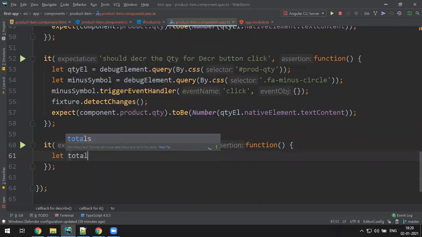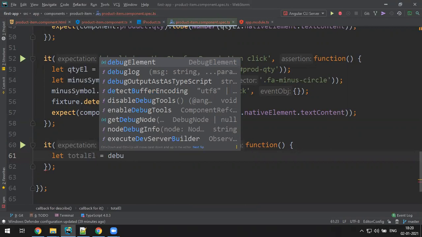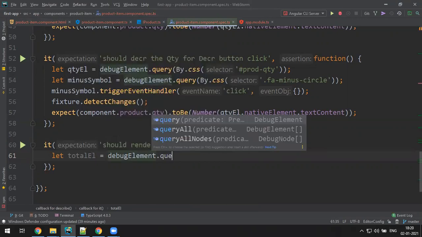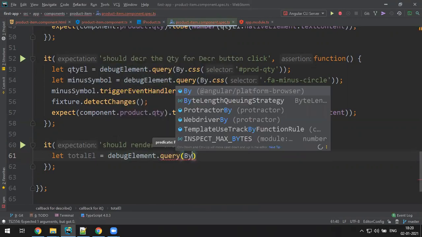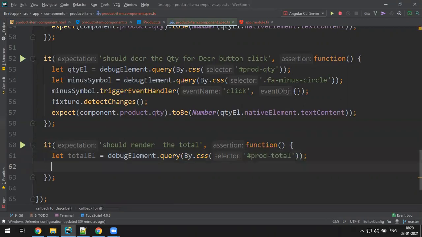Let total elements equal debug element dot query, by dot css. I need to provide here the ID, this one, prod total. And what will the value of it be? Product dot quantity into price.